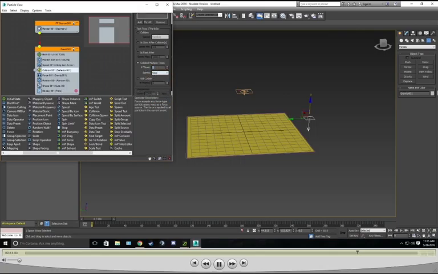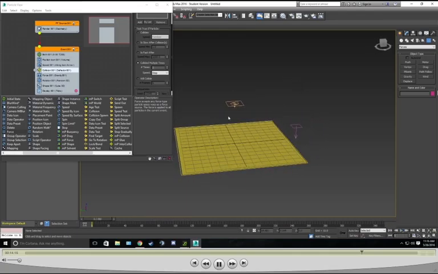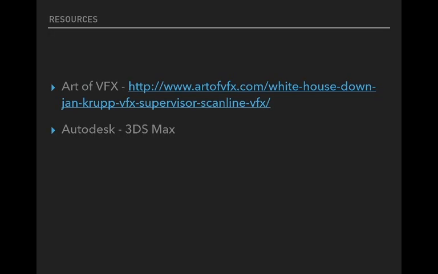So let's go down to 2 times. Okay. So that's how it's affecting my entire scene. So if you want to create something like what I had before, with the follow objects,